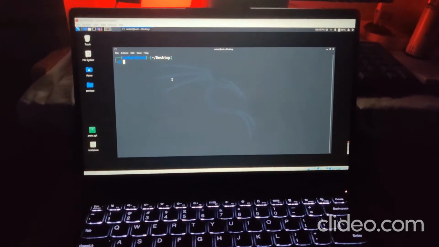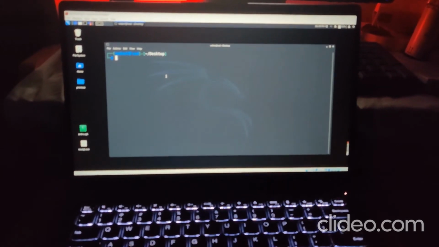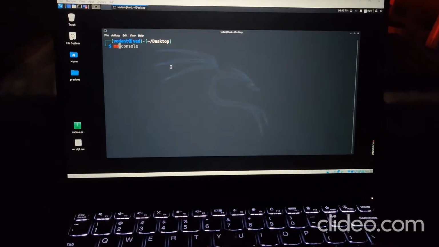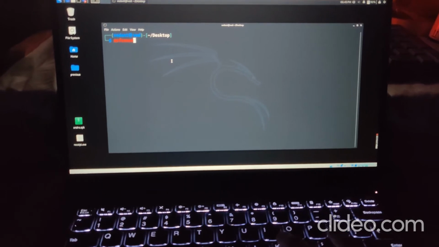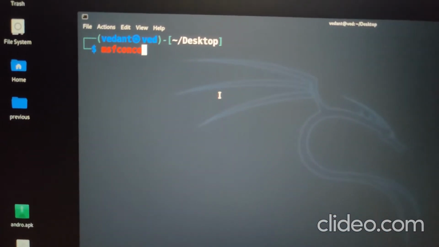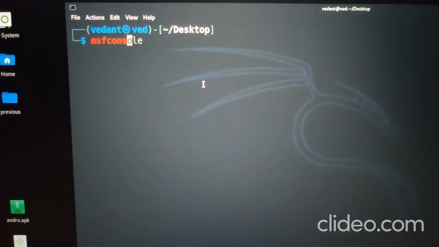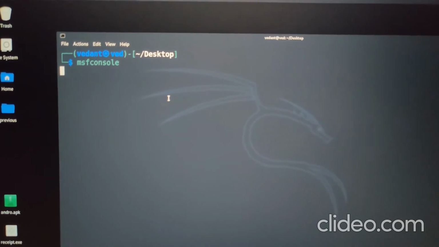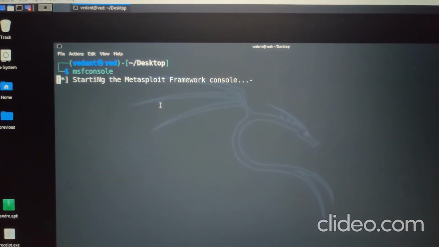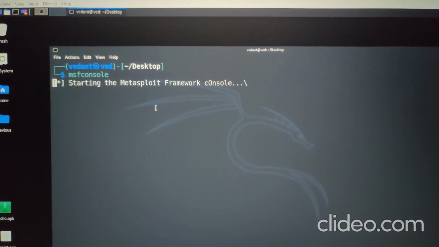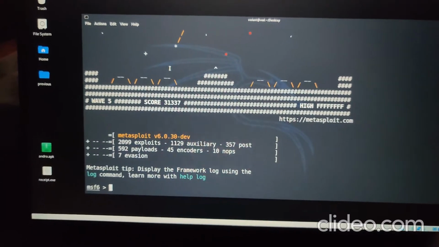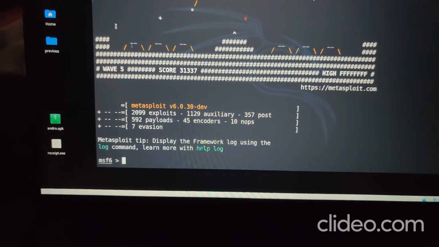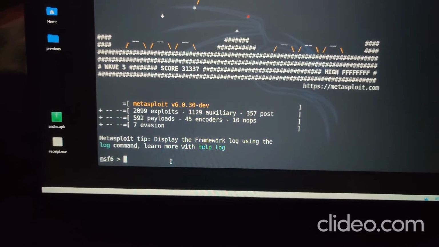So over here, as both the payloads for Android and Windows have been launched, I'm just going to give the command to open the MSF console, so that soon it will start the Metasploit console with Meterpreter. We see the Metasploit console is over here. As we can see, this is the MSF6 version. So we are going to start our reverse engineering attack.